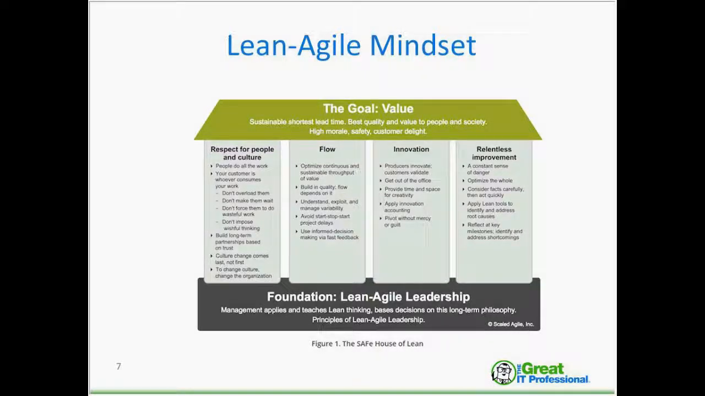Avoid stop, start. Delays are very costly. You don't want to have too many delays. You want to make sure that the delays are minimal. Also, make informed decisions so you can get fast feedback. Things that are based on objective and not subjective information, basically, is what that refers to. Produce and customers validate. I think sometimes people, the framework has pointed out that